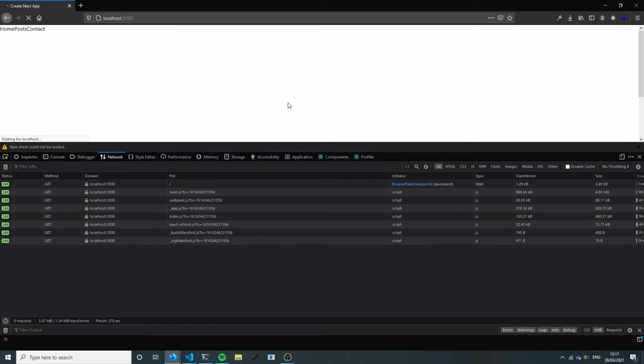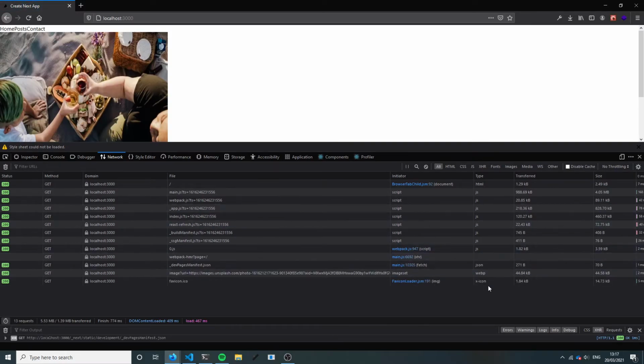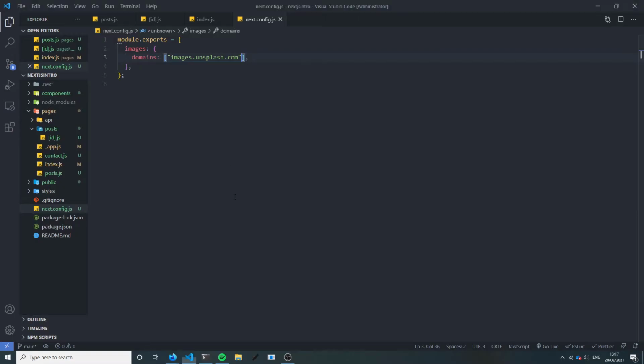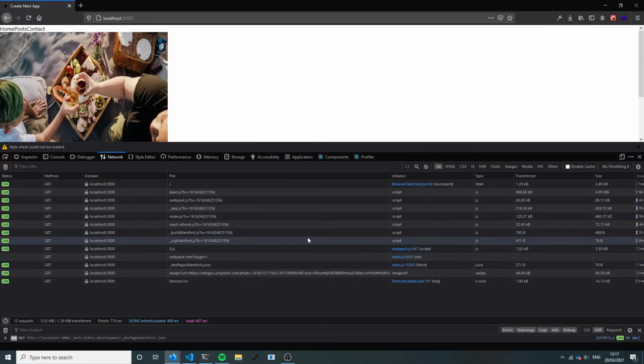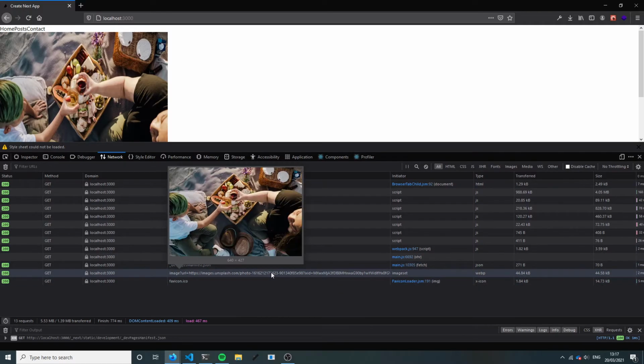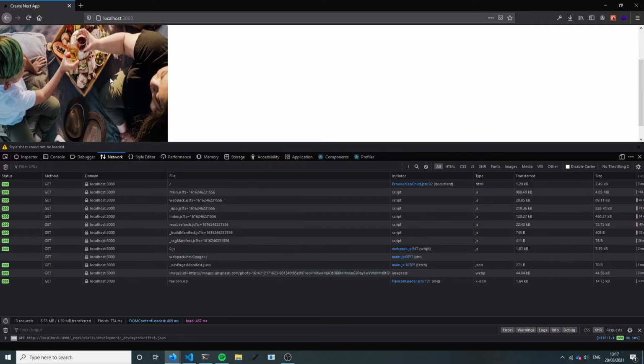So if I just do a hard reload of this, you can see it is a WebP image. So it's done that for us. Remember, I removed everything from Unsplash. So this is the same 10 megabyte image from Unsplash, and it is serving us a 44 kilobyte WebP. And because we defined the width and the height,